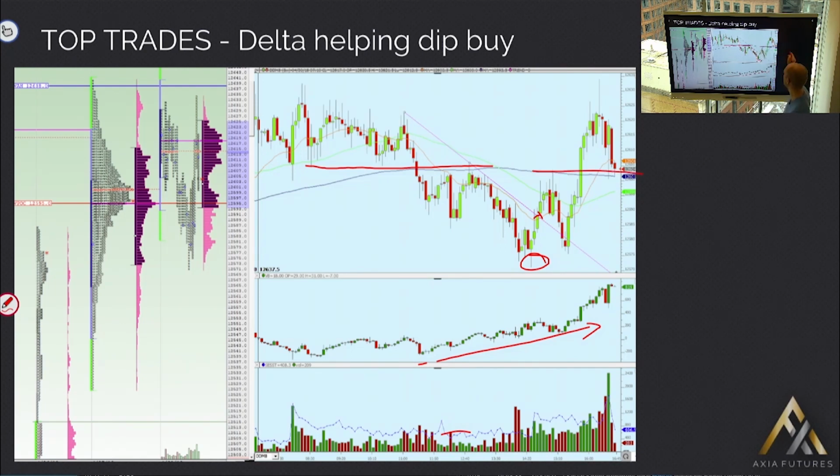And where do we get back to? Once again, back towards that initial balance low. So that's what you're going to be looking for target-wise on this type of trade. But the key thing is, it's not so much about giving you a precise technical trade here. It's about using other tools to be able to suggest that certain levels are going to be stronger